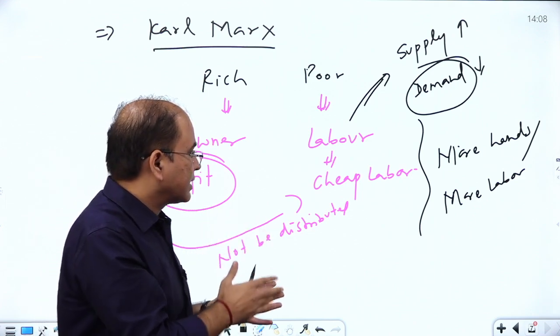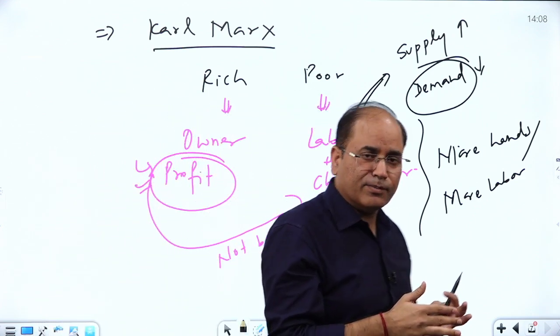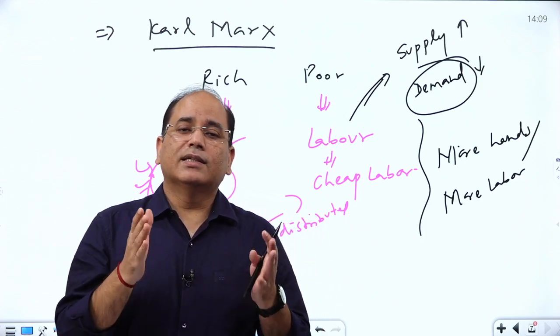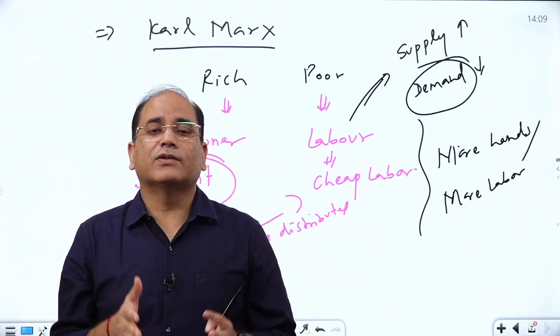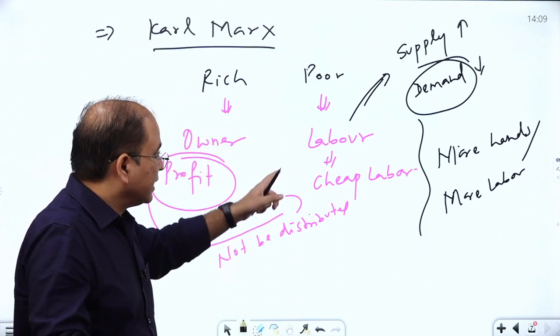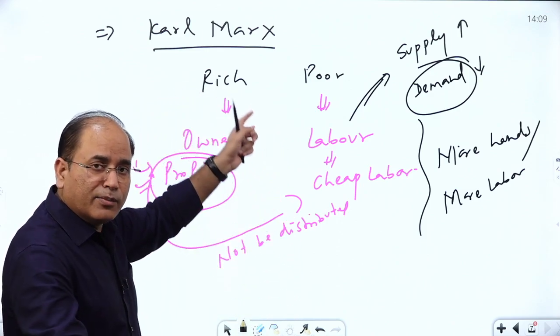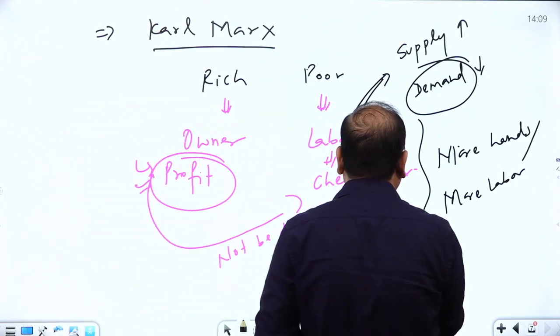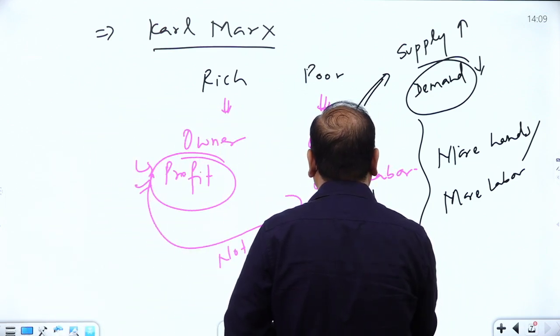So the idea of Karl Marx is simply that this problem of the population is associated only with capitalism. Now what he is suggesting is that because you will have more and more labor and there will be a lesser wage rate, in the society what will happen, problems like